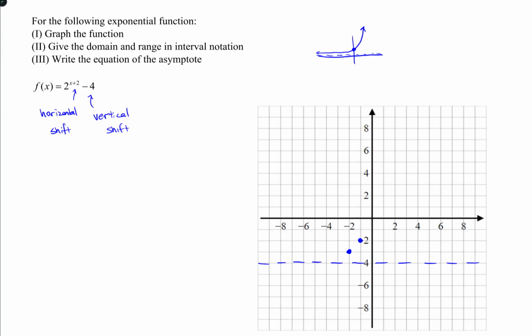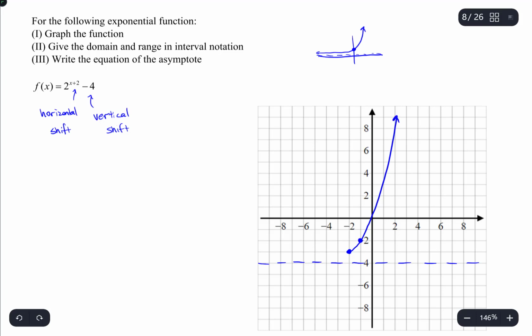All right, so our graph is going to grow very rapidly after this special point here, and it's going to grow very slowly going the other direction to the asymptote. That's a very good sketch of a graph here, and all we really need to identify the domain and range